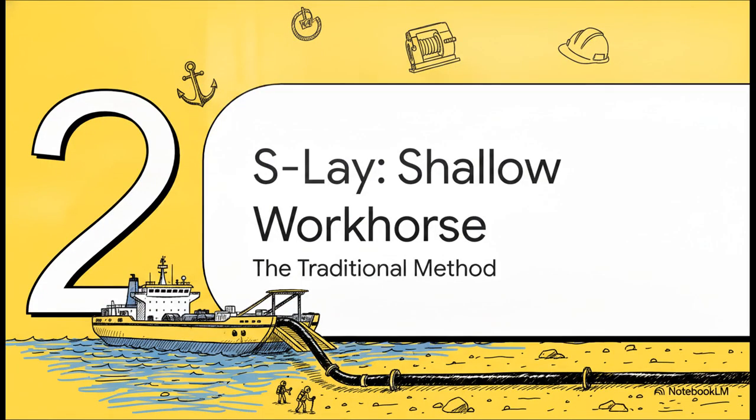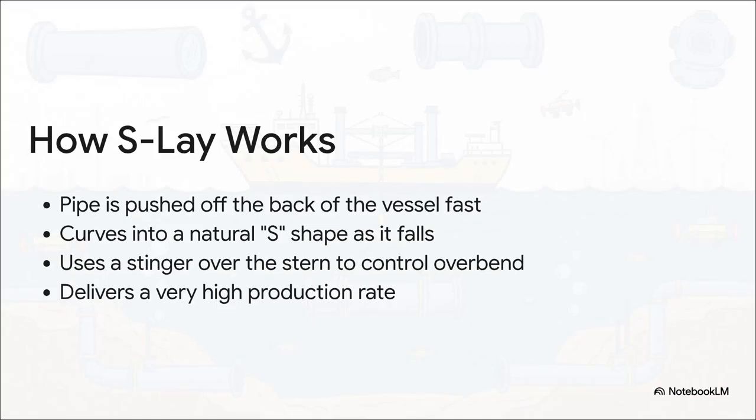Which brings us to our first tool in the toolbox. S-lay, often called the shallow workhorse. Picture a massive, broad vessel deck acting essentially like a floating factory. The pipe joint assembly line is right there, horizontally on the main deck. Sections of pipe are welded, inspected, and coated in a continuous line. Then, the pipe is pushed off the back of the vessel really fast, letting it curve into a natural S